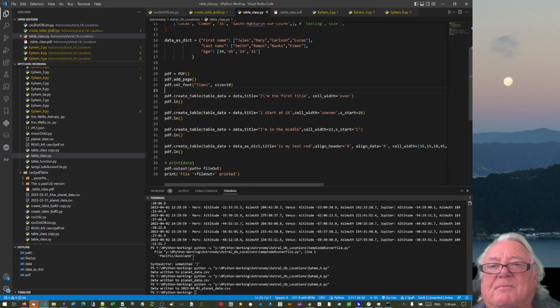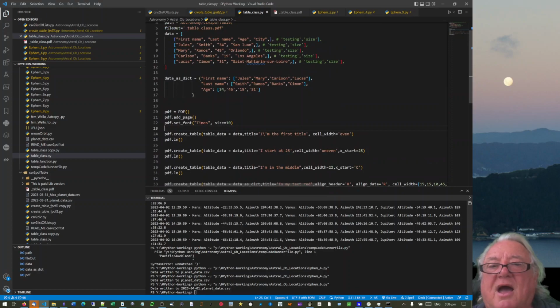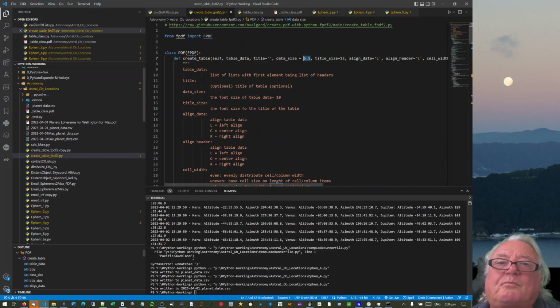I found it was a bit more effective as to what I was doing. I was basically running this first one, which was create the cell width as even, because a lot of them all have the same sort of tabular data. So that one uses this FPDF2 or whatever to actually pull all of that in, and then you can do